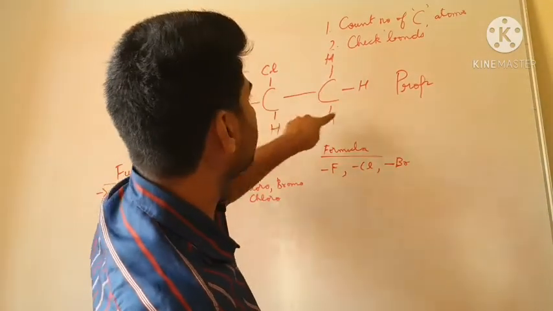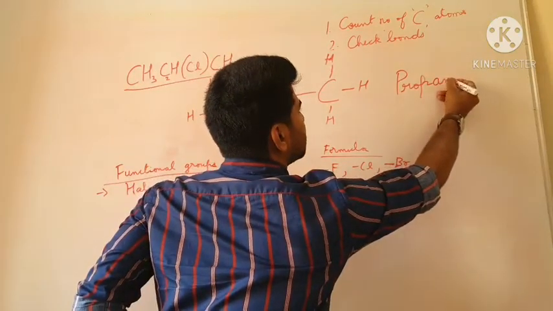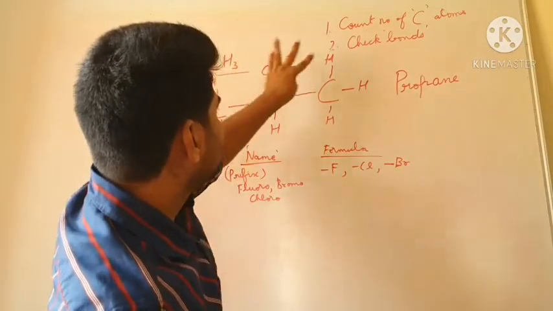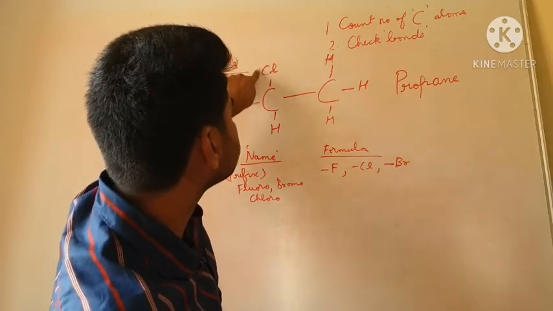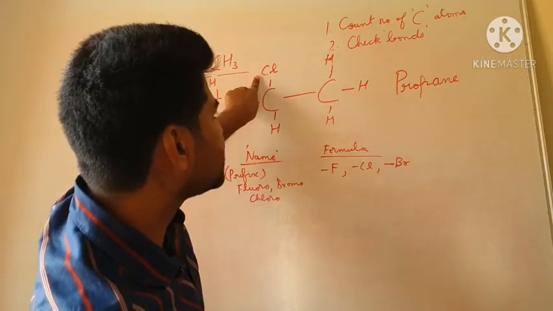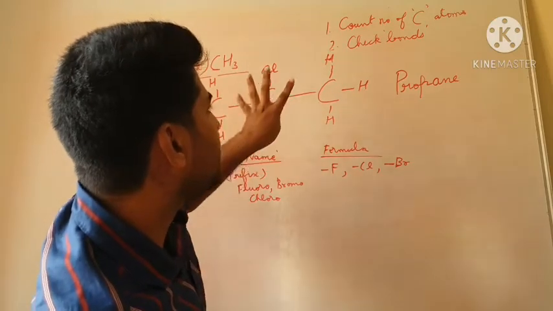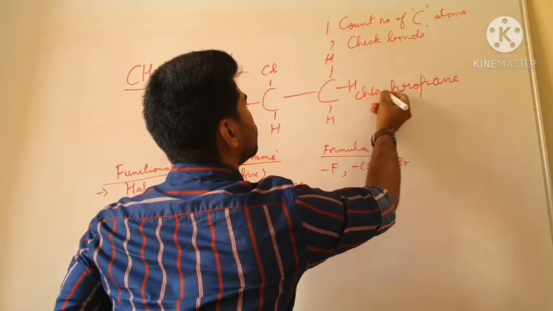There are all single bonds, which means it is an alkane. So the name will end with ane, propane. And there is also one halogen group attached here. And whenever halogen group is attached, it will come at the beginning of the name. The name will be chloropropane,